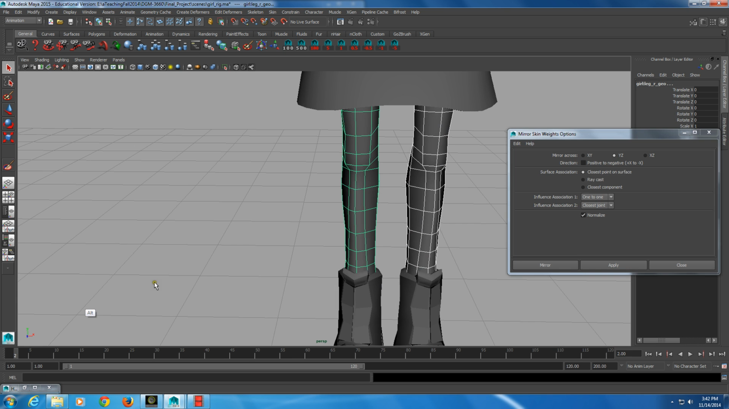If I look at my little cursor down here, I see that positive X is on the side I selected first, and then the YZ is the plane that I want to mirror across. And so I'm mirroring from positive X to negative X, so I do need to check this. I got the YZ plane, mirror across the YZ plane, and I'm going to do it by closest point on surface, and then I like to change the influence association to 1:1 and the second association to closest joint, and I do want it to normalize. So after I have those settings, I click mirror,